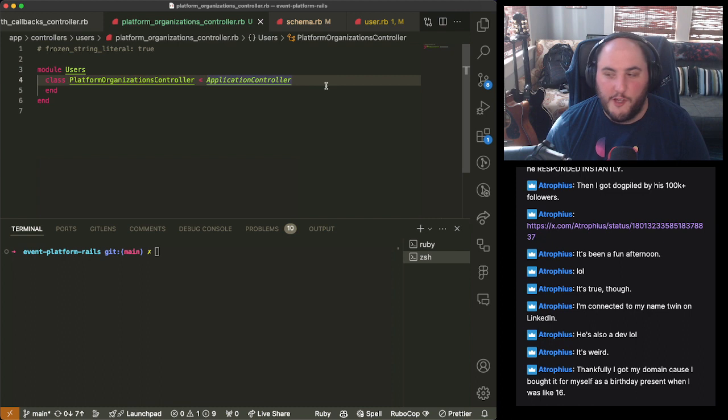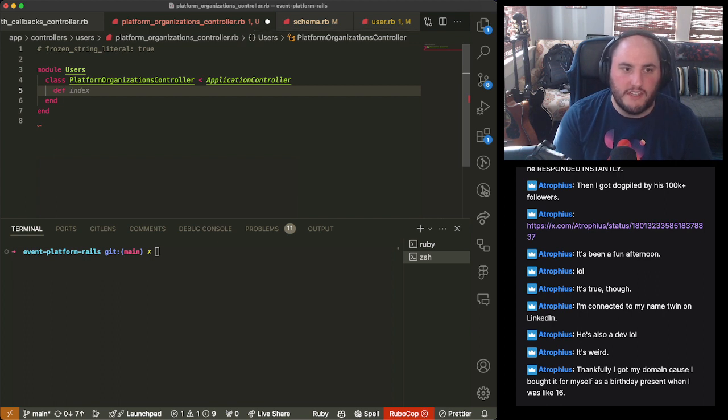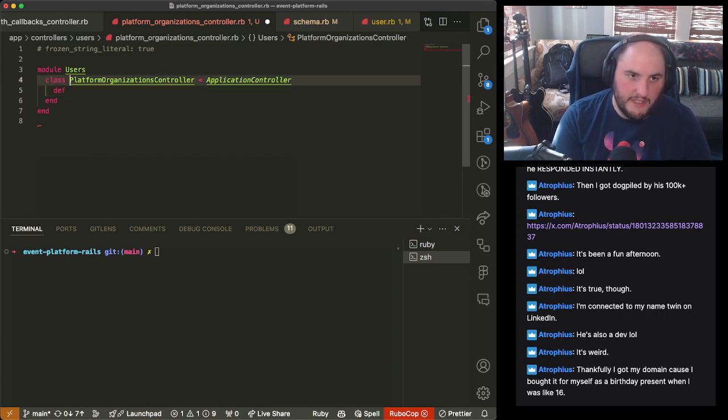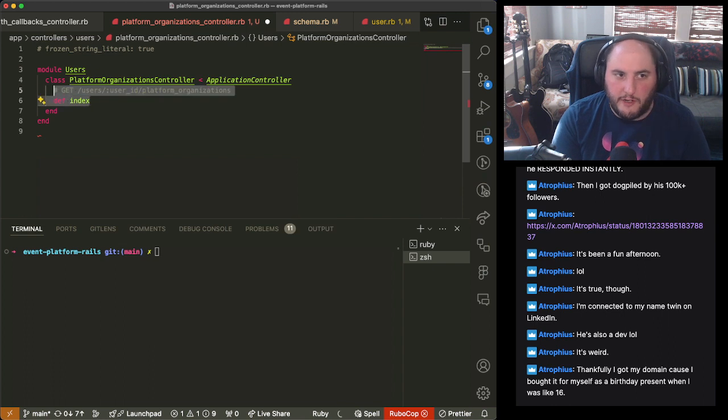So we're going to have a few options here, but this time we're going to create our first custom way of dealing with this thing. This could also be a fun endpoint for later if we needed to get the platform organizations for a specific user. So this could be get users, user ID, platform organization. We could do this as an index method, and this would be great if we needed a REST API. We're not going to do that though.